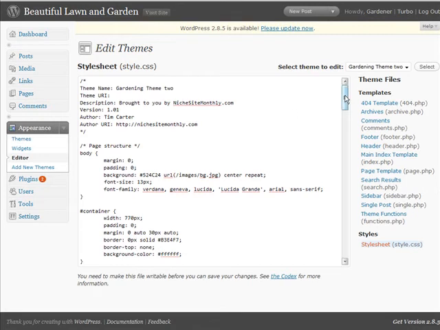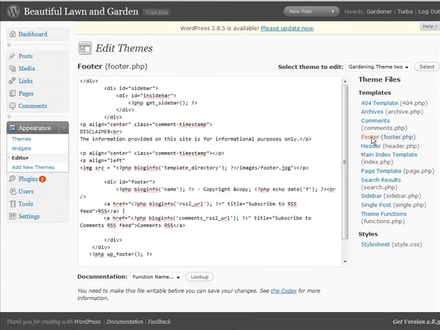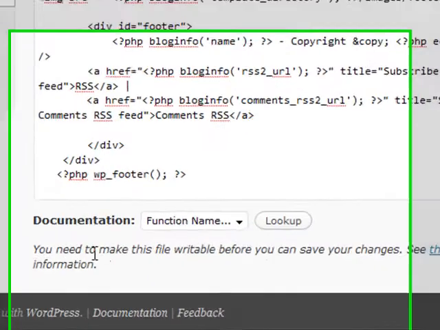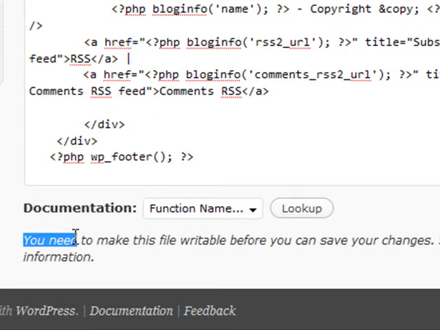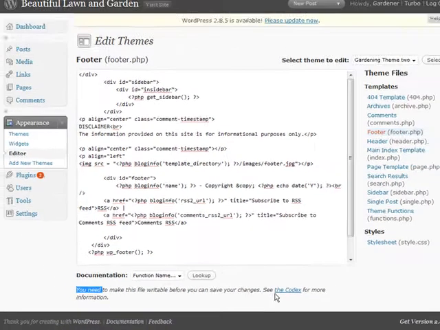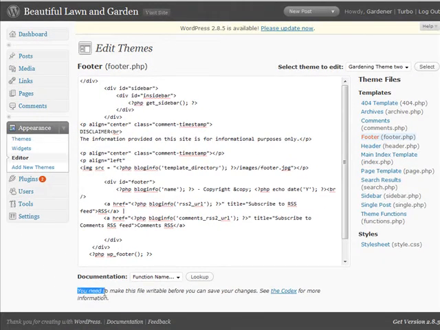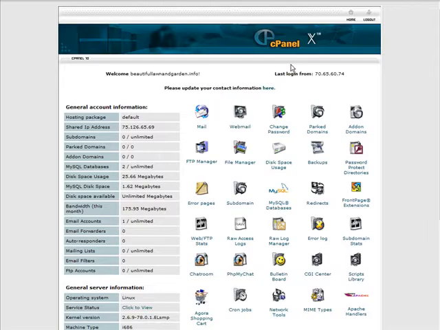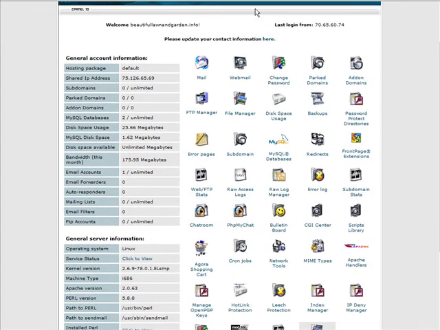and then you go over on the right side here and you find the footer. Click on that. Now we're going to make the change in the footer, but you'll see down here you need to make this file writable before you can save your changes. To change these permissions, we're going to go to our control panel. This is the control panel for this site. We just go to File Manager,